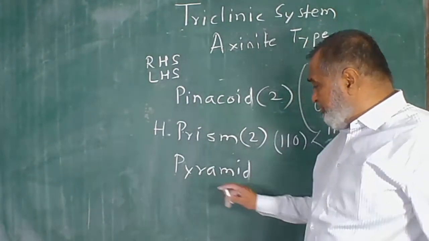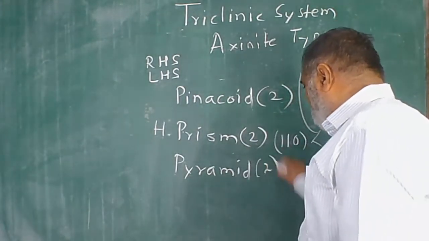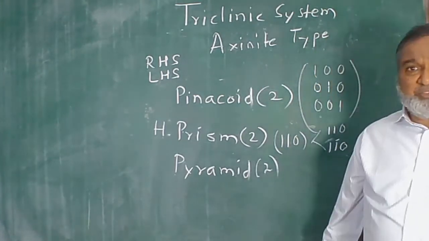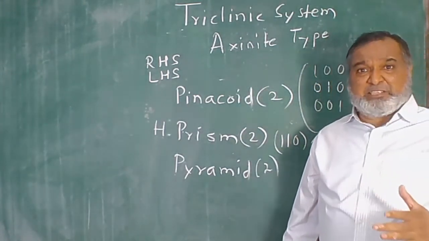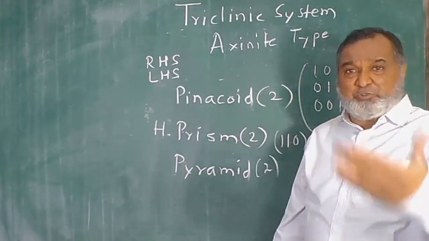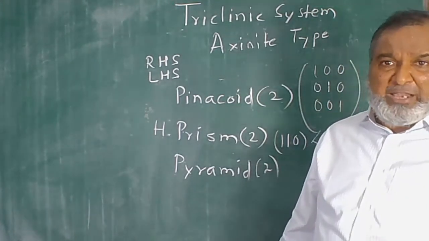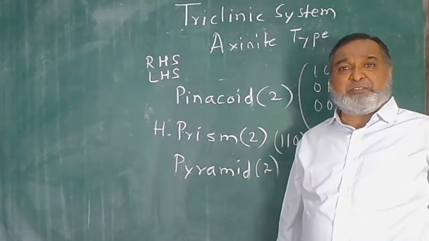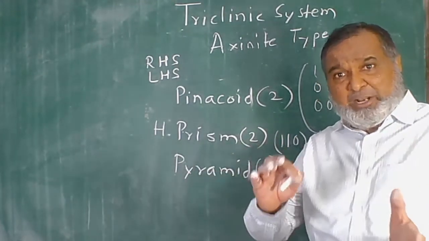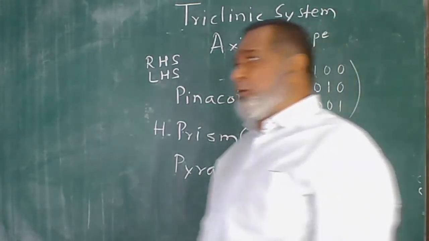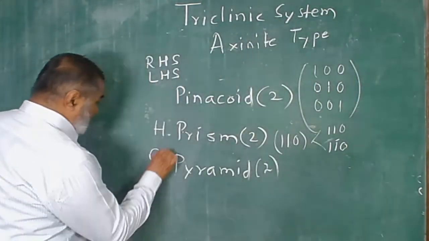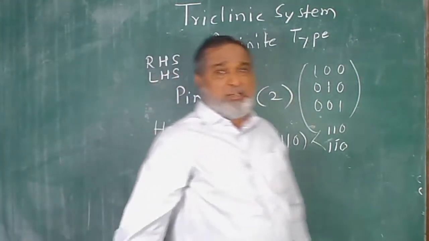But now what do we have? Here also we have 8 faces. If the 8 faces are reduced to half, 4, then what will we write? Hemi. Yes, when instead of 8, 4 is there, we call it a hemi. But if this 4 is again reduced to 2, then we call it a quarter pyramid.